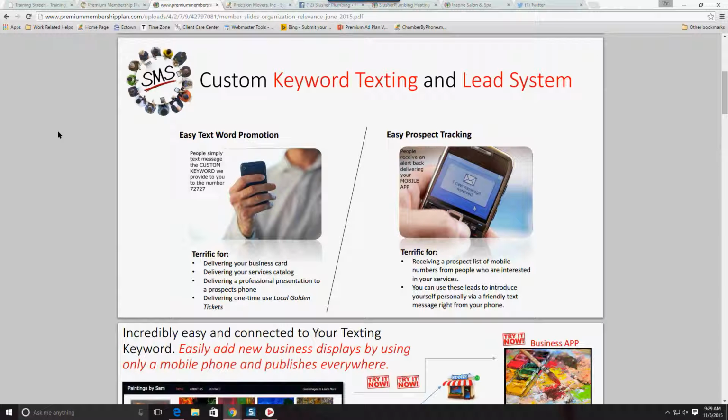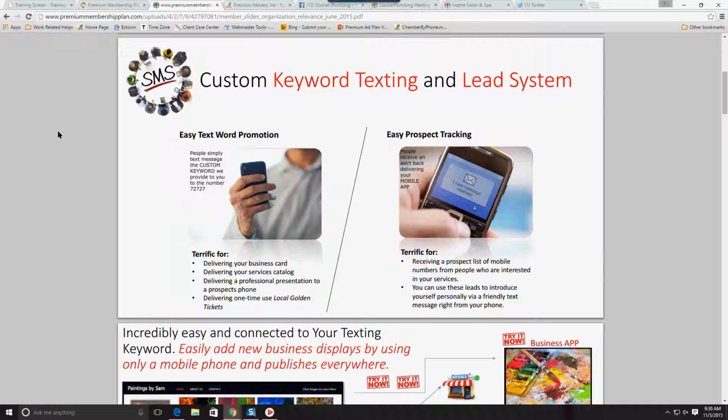You can use it as tracking, just to verify how many times people are actually utilizing your keyword text, or you can use it as a lead system. You can call that number and talk to the individual and say, I understand that you are interested in our information. You accessed our information. Is there anything that I can help you with? So that's totally up to you, but that feature is available to you.